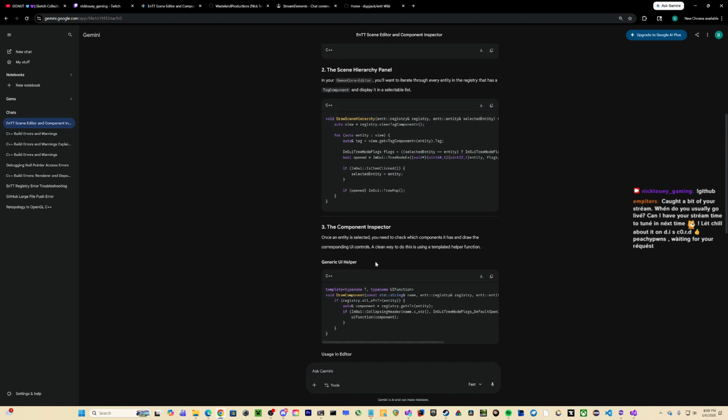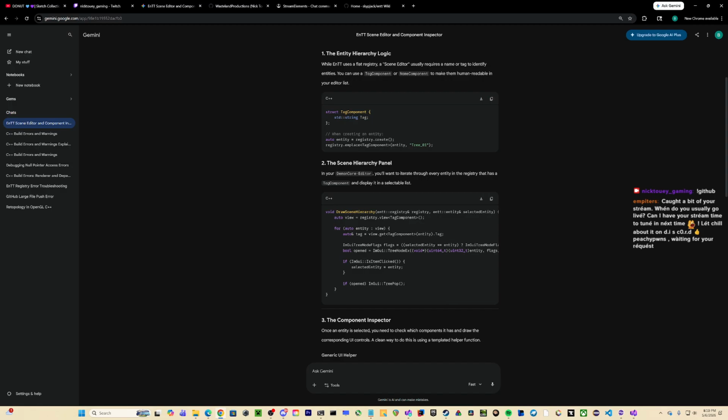I just need to get the tag component. Is item clicked equals entity? Oh my god.